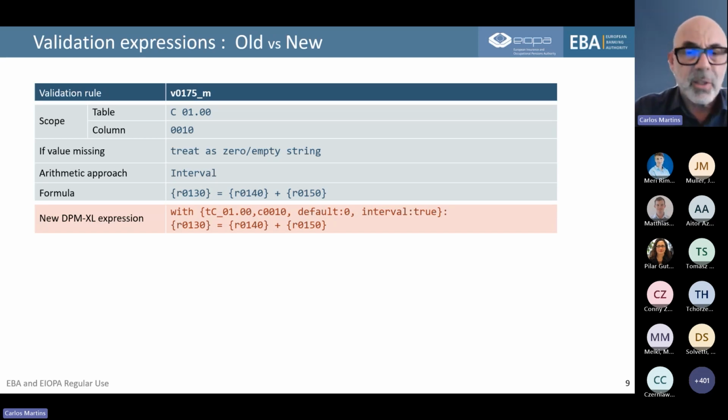other entities. So the reason for this was because we thought it was important to have everything that defined the formula, that defined the validation, in one single expression, exactly to be able to support more automation, etc. So in this case, you see that the change is basically that what is in scope was now moved into the expression itself. The formula is the same.